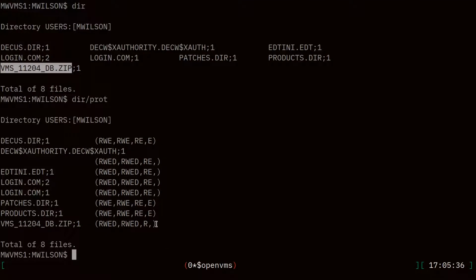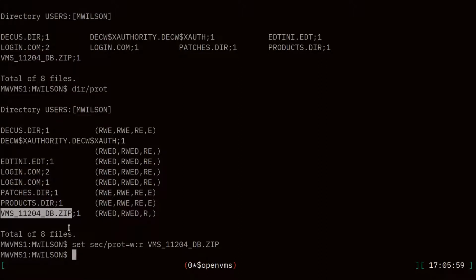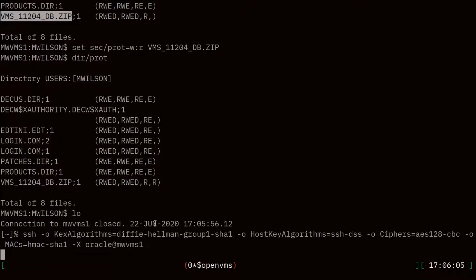I already changed the file protection on that. Actually, I didn't. So we need to add read access to the entire world so that the Oracle user will be able to just directly unzip this out of my home directory. I don't want to bother copying around and making another copy of it. So we can set security protection equals, and then we can add to the world read access to that file. So now if we look at the protection, you can see we have read access for the whole world. So we can log back in as Oracle,